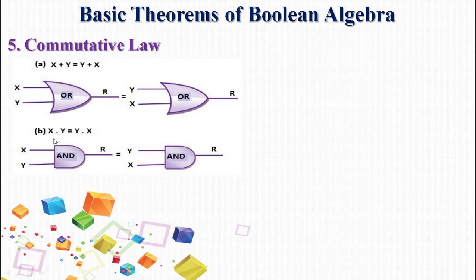So the circuit diagram for the expression B with respect to the left hand side is x into y, representing multiplication. The resultant r will be the same as y multiplied by x, and will have the same circuit diagram. Now it's time to prove the theorem with the help of the truth table method.